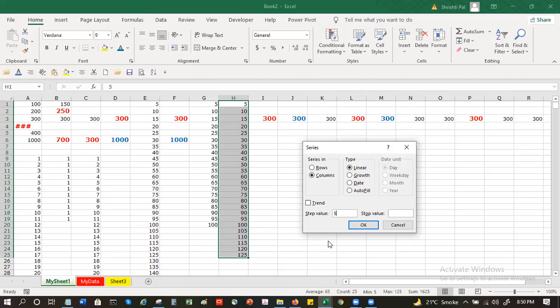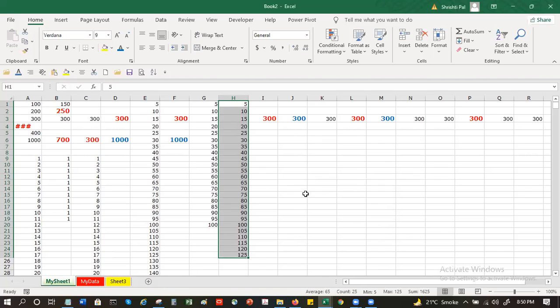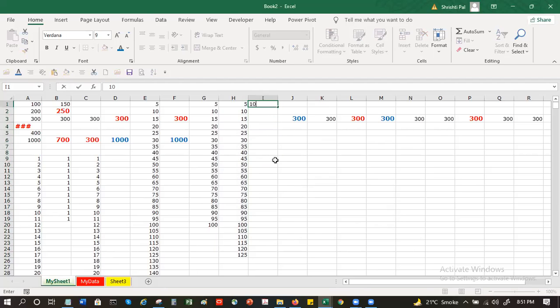So what's basically the use? One use is, of course, generating this, like you said. Another, sometimes this can be very useful: suppose you have some random numbers, something like this.